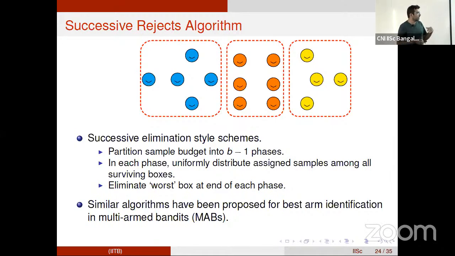In fact, the algorithm that we are going to look at is where you score a box according to the number of distinct individuals that you've seen from that box so far. That's similar to what was done in the mixed community setting as well, where we used that as our proxy for how likely this community is to be the largest. But you can use other scores as well. So this gives you a wide enough window to experiment with different kinds of algorithms. But the choice of how many you eliminate at one time is also probably